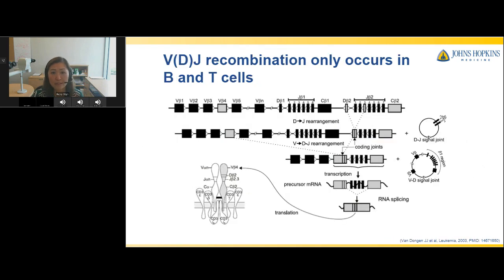So knowing this, the components that contribute to make B cell and T cell receptors, let's talk about how they're formed. As mentioned earlier, these genes are modular. They're brought together on the genomic DNA level, and they rearrange to form the functional receptors. However, in non-B or non-T cells, these genes actually remain in their germline configuration, in this configuration at the top, where all the individual modules are spread out over megabases,